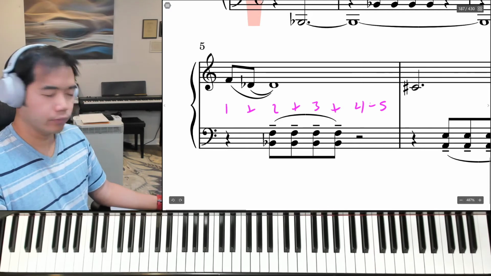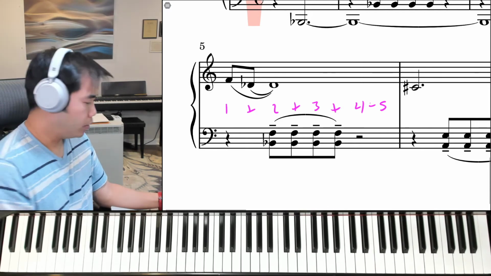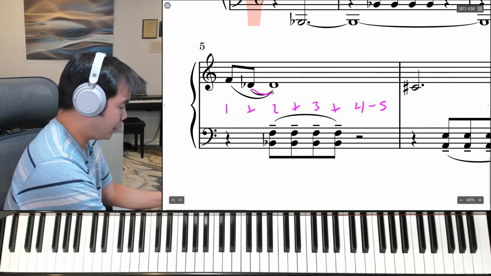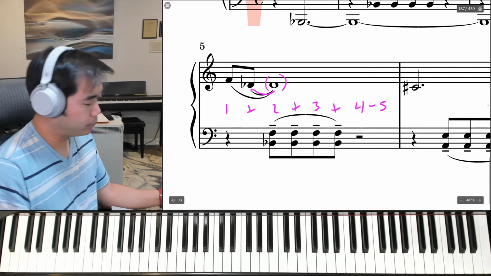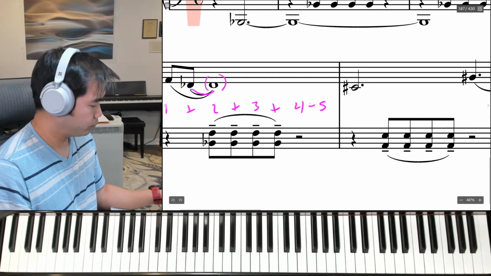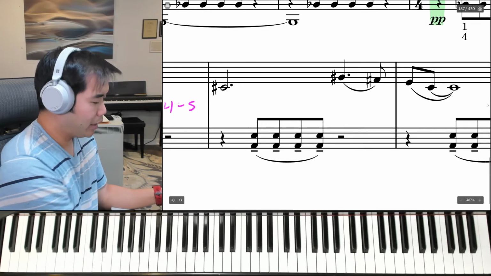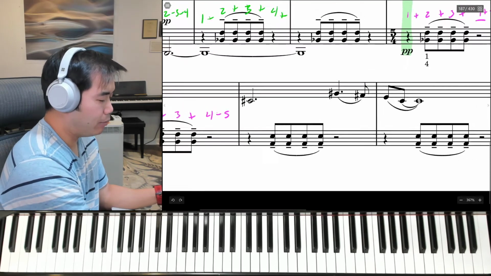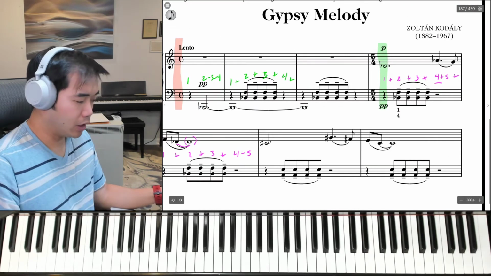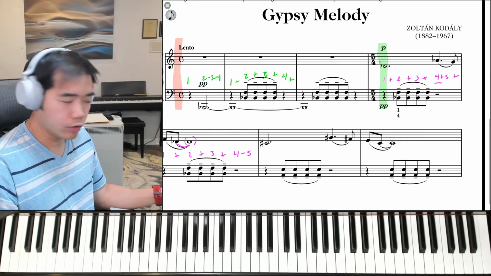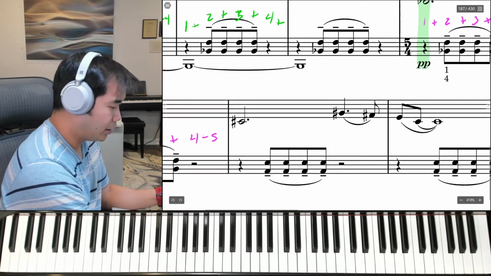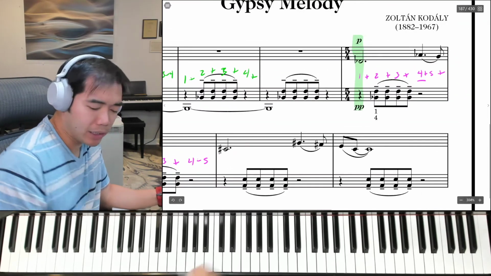Okay. Notice the tie that occurs in the right hand. So you do not play this D flat, you just hold it. The next measure repeats the same rhythm from the first 5/4 bar. Another thing to consider is in the first 5/4 bar, the right hand started on D flat, then